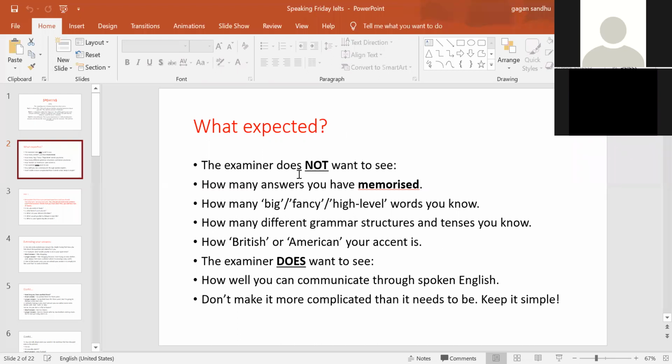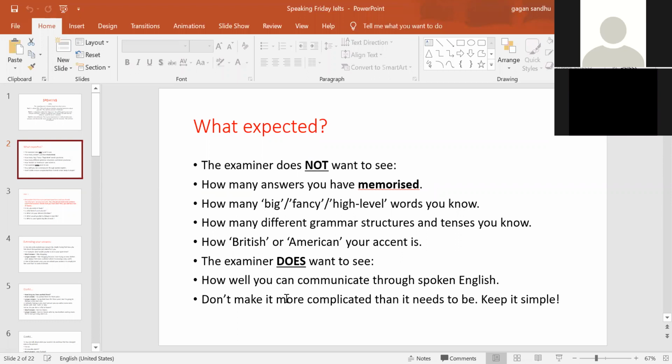So accent is one thing where you have to be neutral and natural. You don't have to fake an accent. If you don't know the British accent, don't use that. American, don't use that. Australian, don't use that. You must use your own natural accent, because we belong to different nationalities, every one of us here, so we have different accents of speaking English, right? So just stick to that so that you sound natural. If you're faking it, you will be losing marks, right?